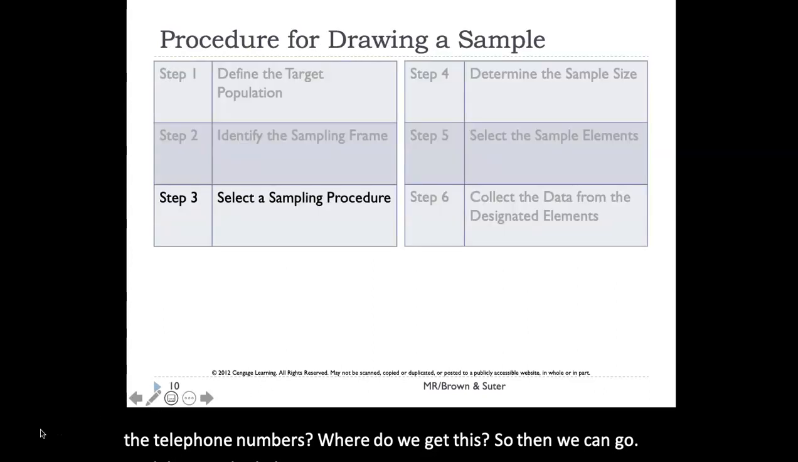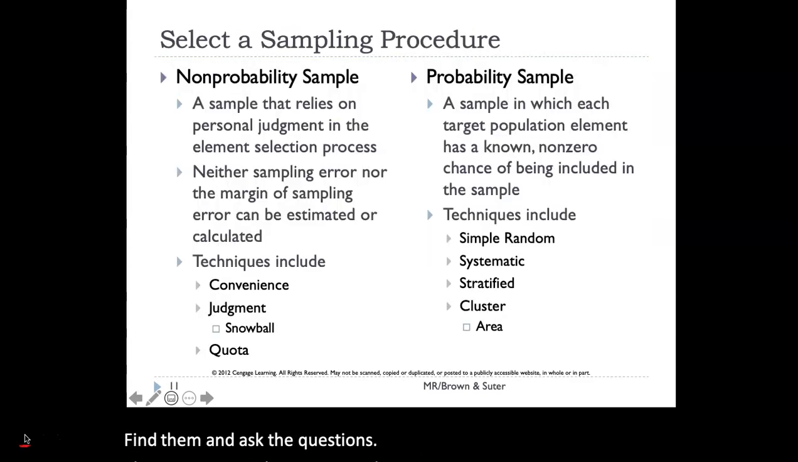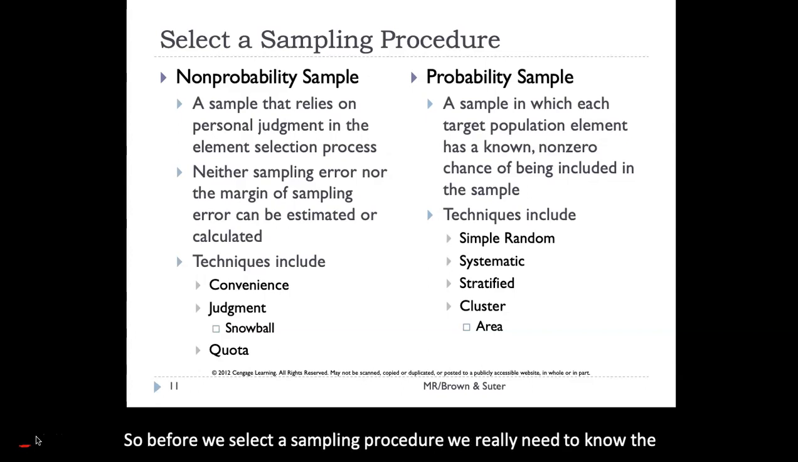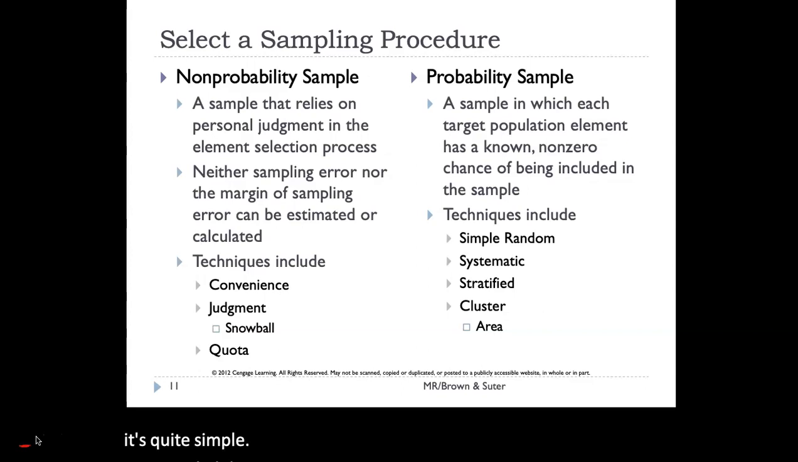The next step is selecting a sampling procedure. So before we select a sampling procedure, we really need to know the difference between a non-probability sample and a probability sample. And it's quite simple. A non-probability sample does not allow us to use statistics from the sample and make inferences about the population,